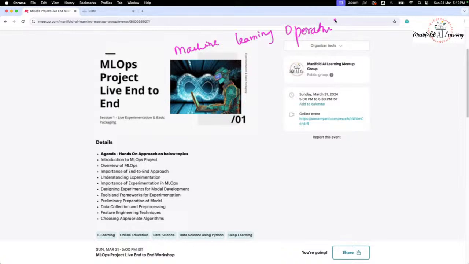It comprises a set of practices and tools which aim to streamline as well as automate the life cycle of machine learning models. To streamline and automate it, obviously we need to have a set of processes. So MLOps will consist of processes for developing, deploying, monitoring, and even managing the machine learning models in the